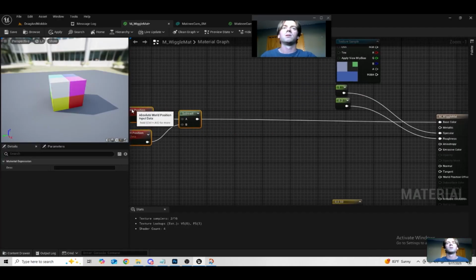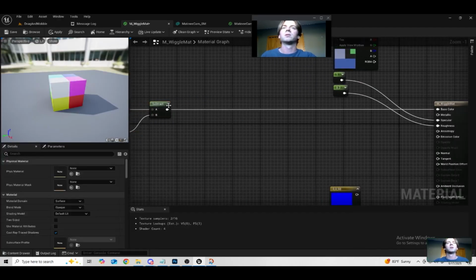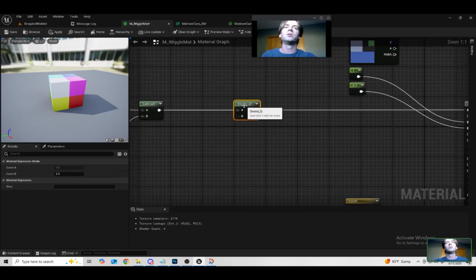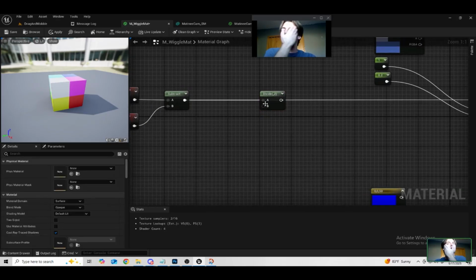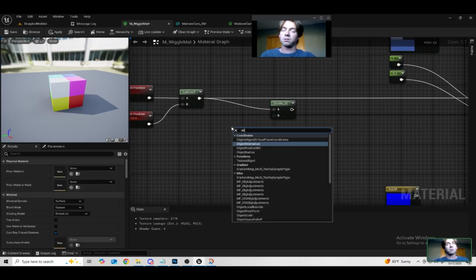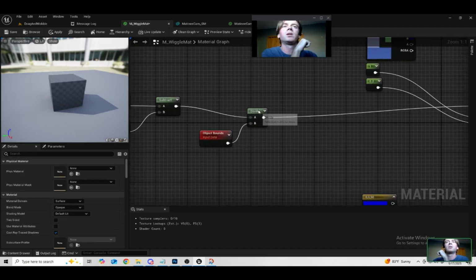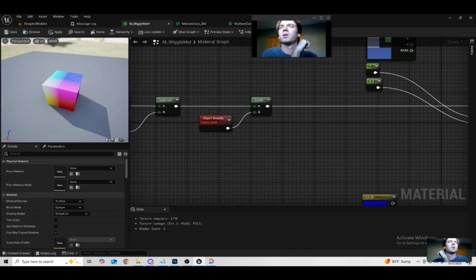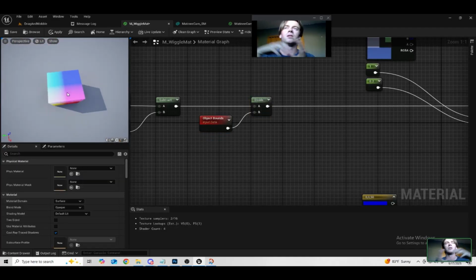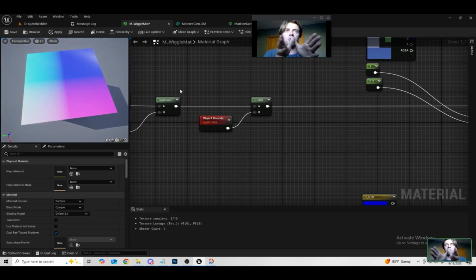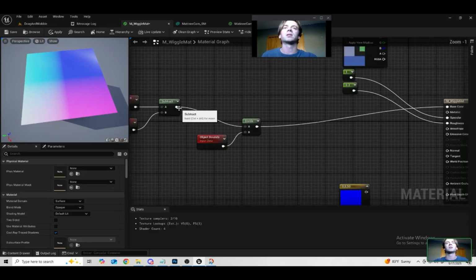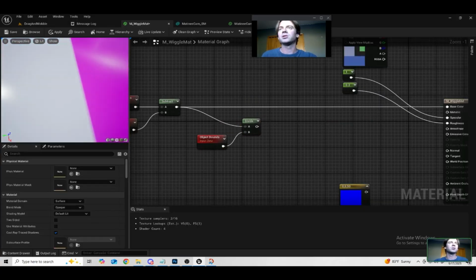Cool. We are one step closer. We are going to divide this output by the node called object bounds. And so when we divide this by the object bounds, it looks just like we smoothed out the values, but what we really did, in a weird way, it's almost like we zoomed in on the gradients that were really there. So if I disconnect this again, and I zoom in really close to this pink and white area here,